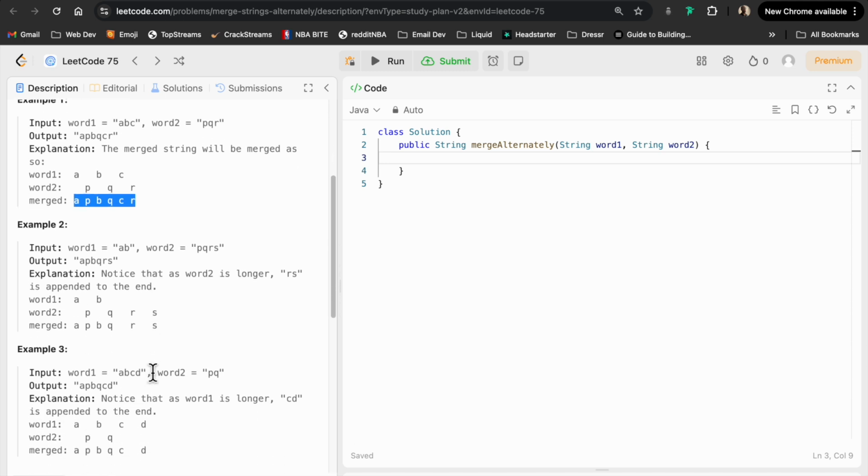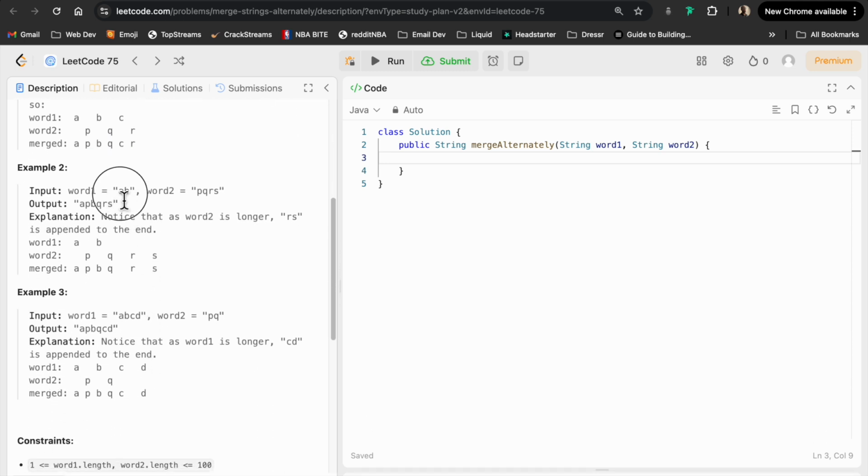Now for a second example, we have AB, which is shorter than the second word, which is PQRS. We have 4 here, and the first one we have 2. So what they did is pretty much A, and then they went to P, and then they went back to B. At this point we go back to Q, and after that we just add the rest. Okay, pretty cool. So now that we know that,